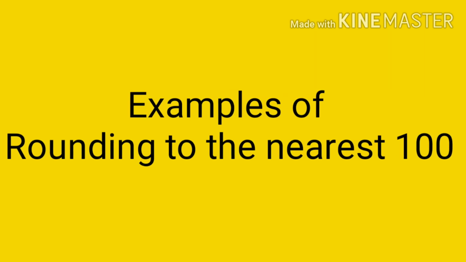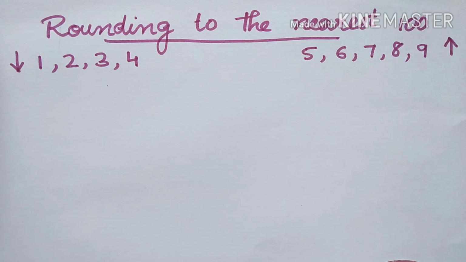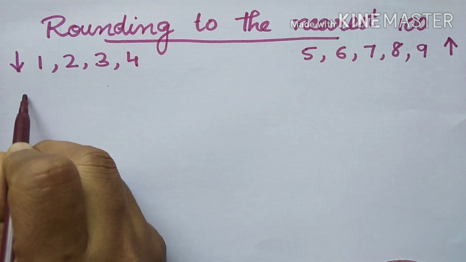Examples of rounding to the nearest hundred. Rounding to the nearest hundred. Here are some examples for rounding a number to the nearest hundred. First example,